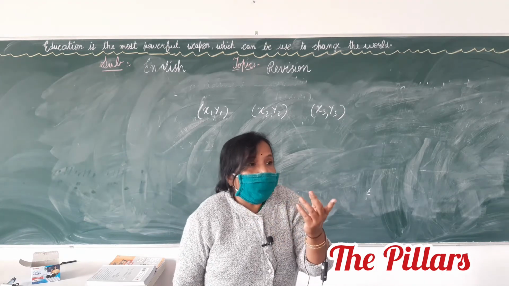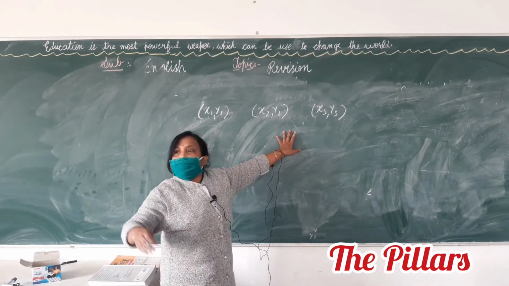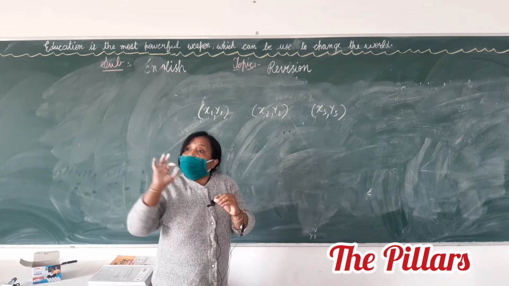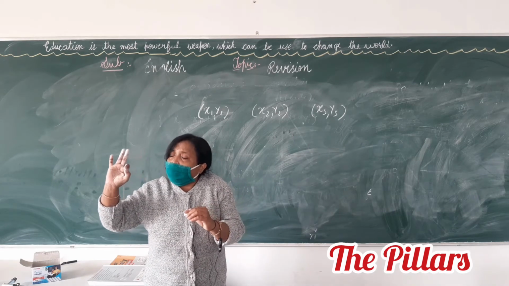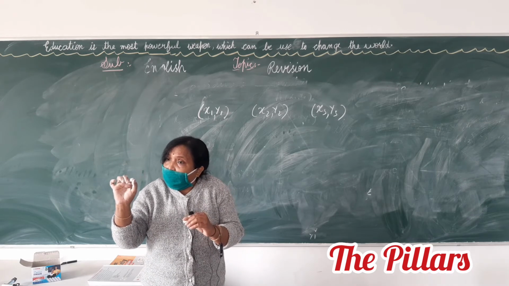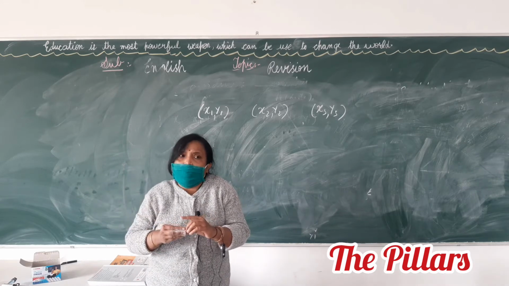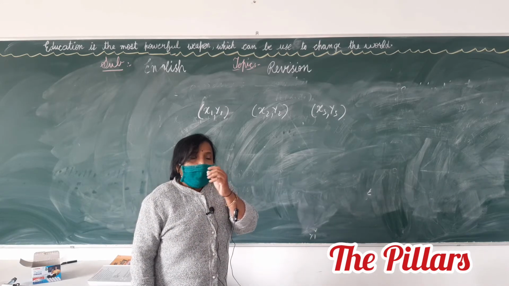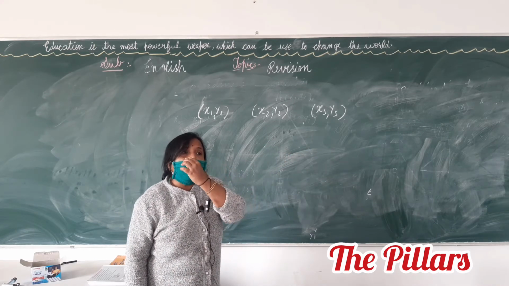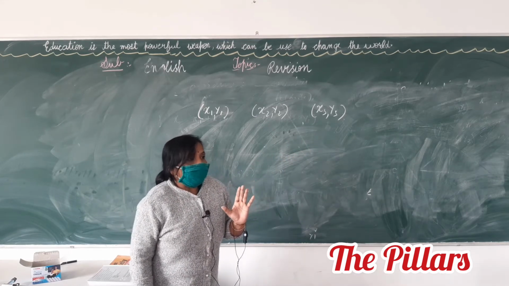Okay. So what will you do? You find the area of the triangle formed by these 3 points and keep it equal to 0. You understood? Yes, ma'am. To prove 3 points collinear, what is the concept you will keep in mind? Area of the triangle should be 0. Write down there, area of the triangle should be 0. And how do you find the area of the triangle? Just now I explained you. There is no need to learn the formula. You can write down and immediately you can do it. Clear to all of you?